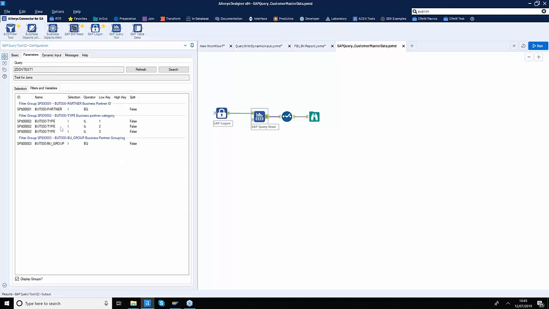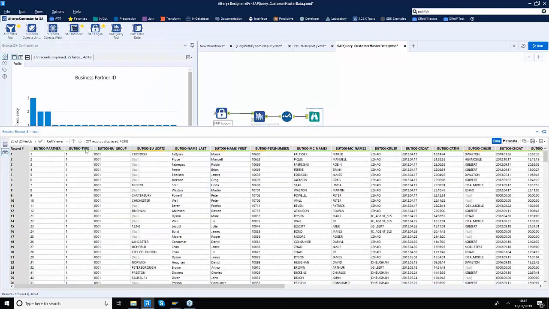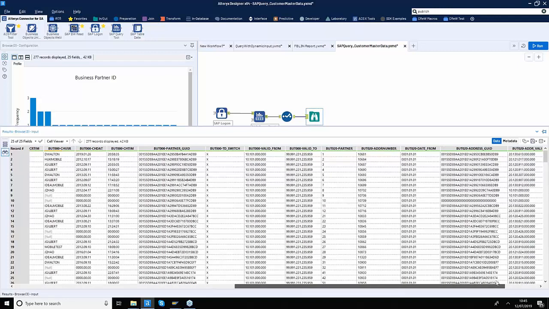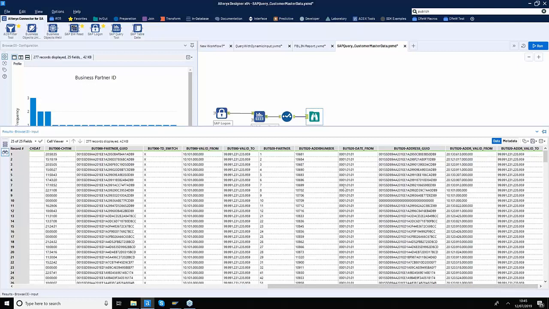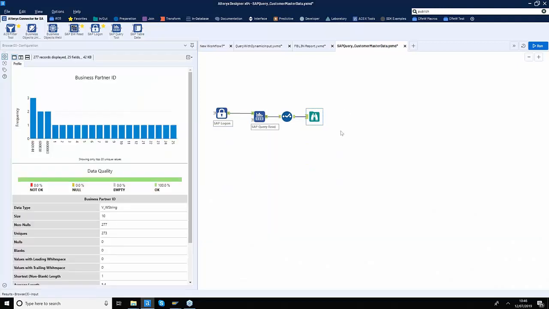Now if you apply the filter conditions on this selection screen here, depending on whether these filter conditions have been exposed by your SAP team, you should be able to apply those filters here. And the output of this tool again looks really simple. We got the data from the first table all the way up to, say, here, and after that my business partner address data starts. So that join has already been done within the SAP system. The SAP system knows the definition of it, and in this case you are pushing your joins directly within the database system, so you do not have to worry about it. If you are allowed to do that, then you can get that data out directly within the Alteryx application.